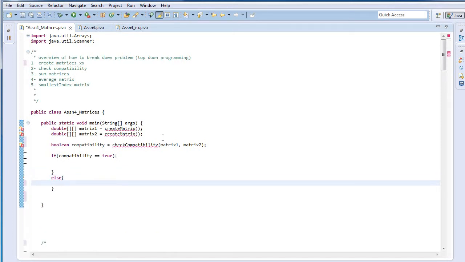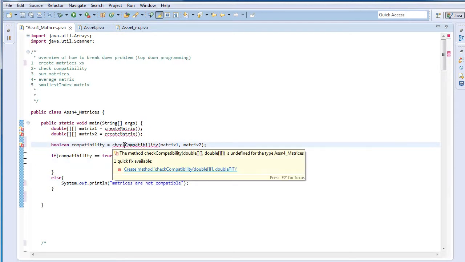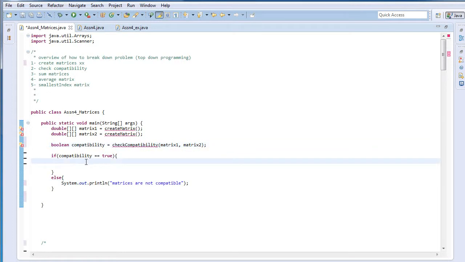So I'll just system.out.println matrices are not compatible. Okay. So once again, I don't have the method yet, but I know what I want it to do, and I'll make the method eventually. So this gets rid of the check compatibility part, right? Now next is sum matrices. So let's just sum them. Well, let's create a summed matrix